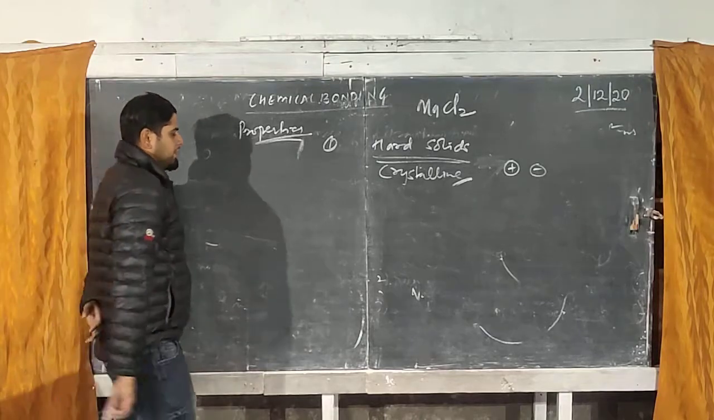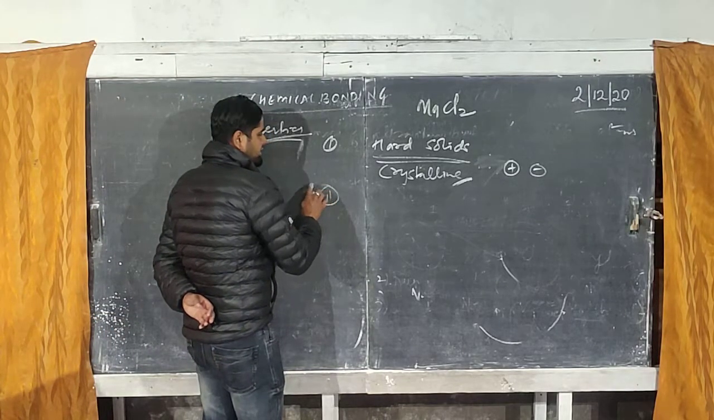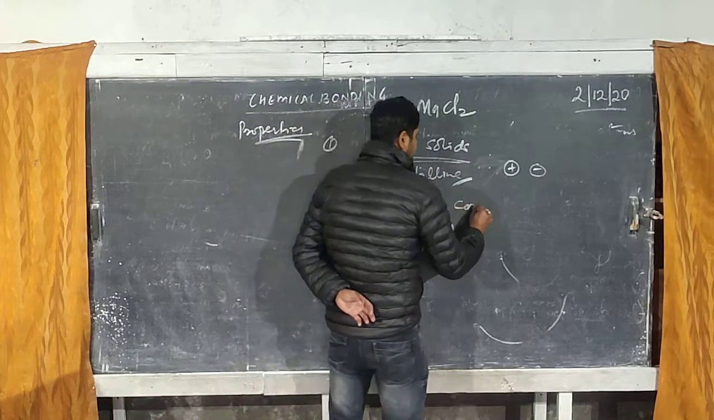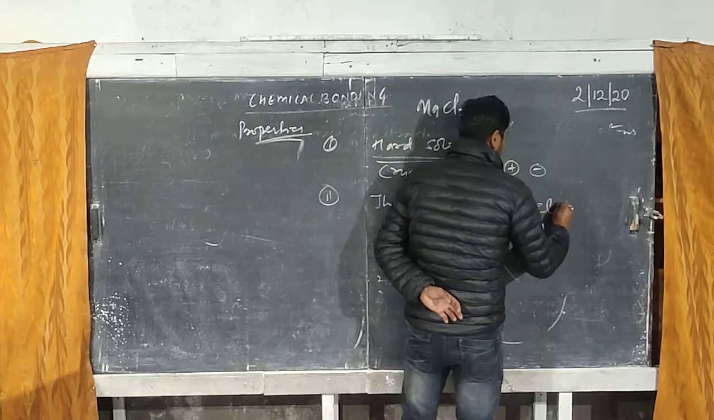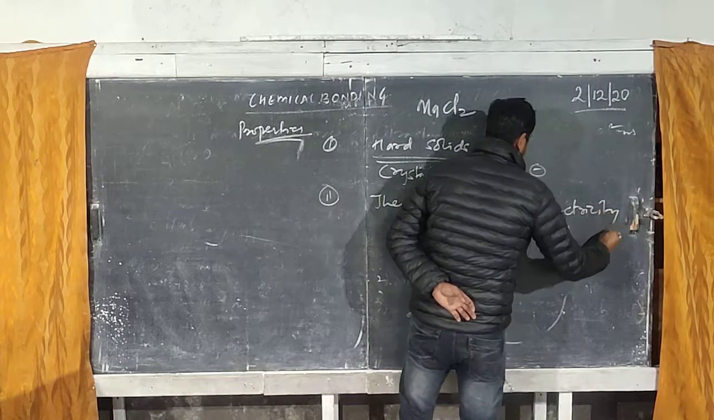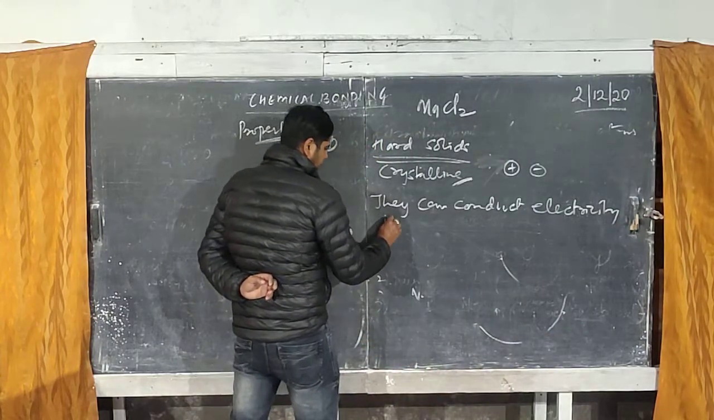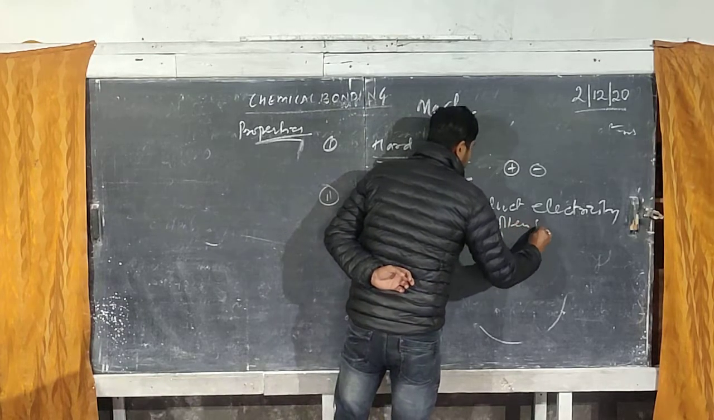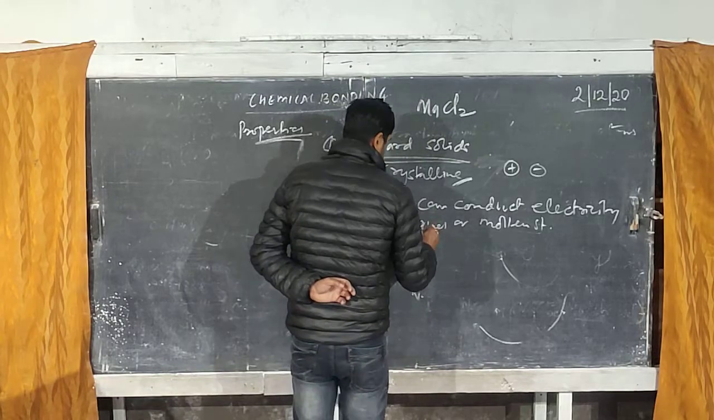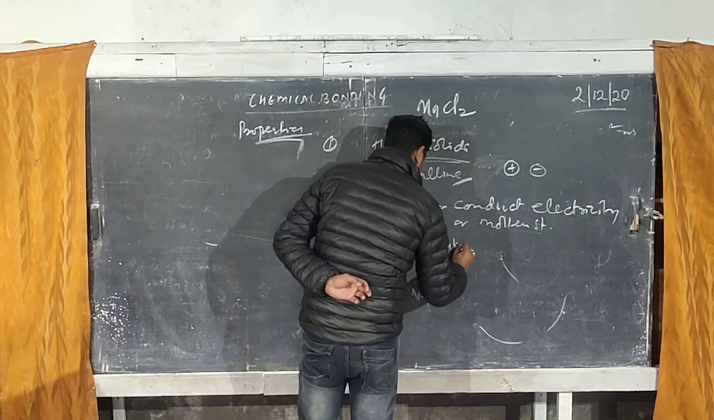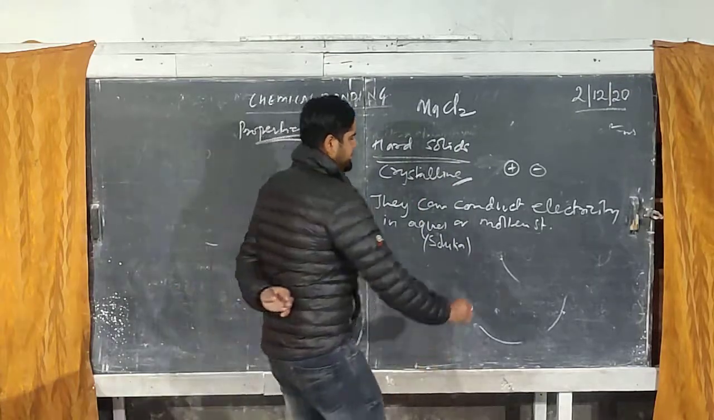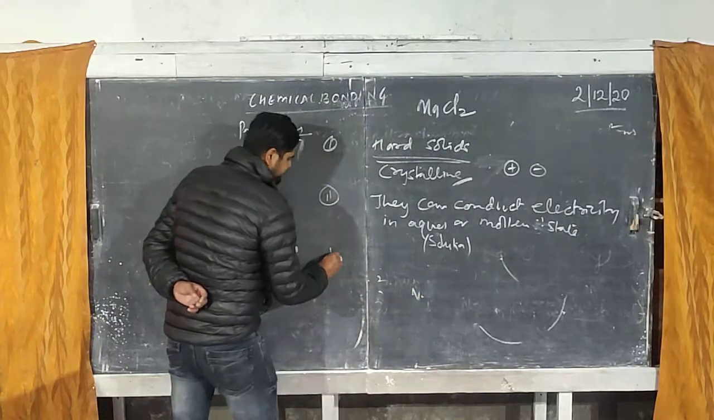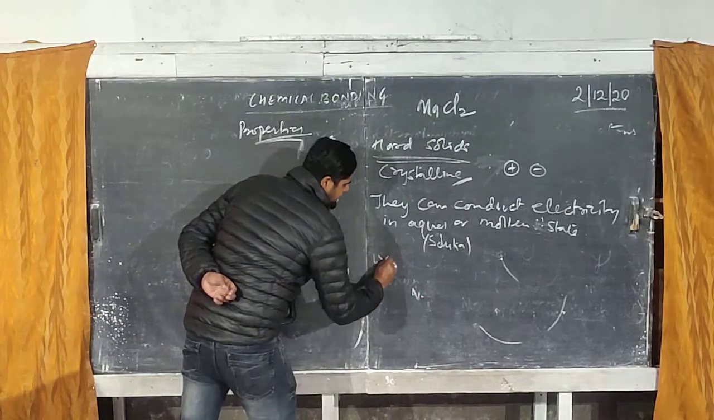Okay, number 1. Number 2, this is very important. They can conduct electricity in aqueous or molten state. Aqueous solution or molten state. This is a very important line. I'll explain. Number 3. When solid,